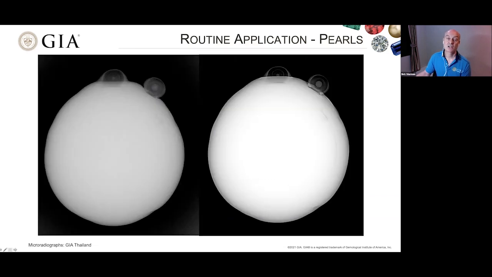And I just increased it here for you so that you can see that boundary more clearly. So this is a bead cultured pearl, and this is the boundary where the bead is. It shows more clearly here on this image because it's the flat panel detector. And the structure here on these two parts, which are sort of grown on the surface of the pearl, are also much sharper in detail too.